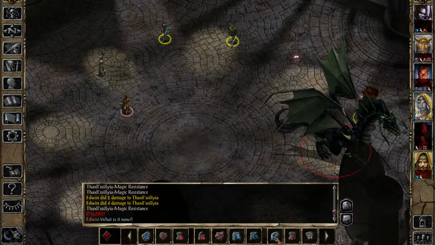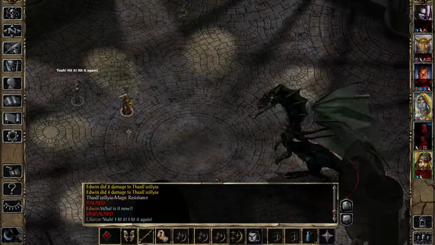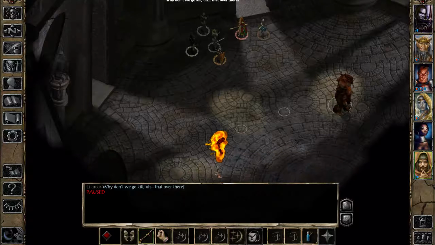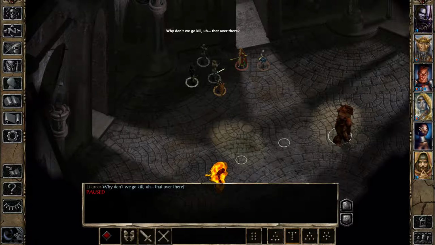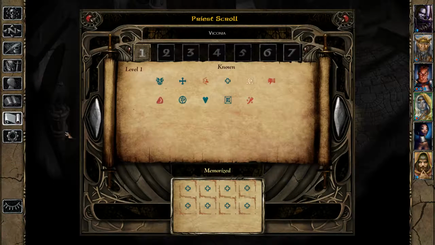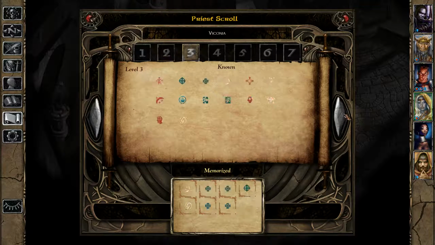I'm really running out of spells here. Yeah, hit it again. We got him to injured at least. Alright, we're gonna reload. We kill that over there. Do we have Resist Fear as a spell? Is the next question. Probably. I just gotta find it. I almost never use it, so...